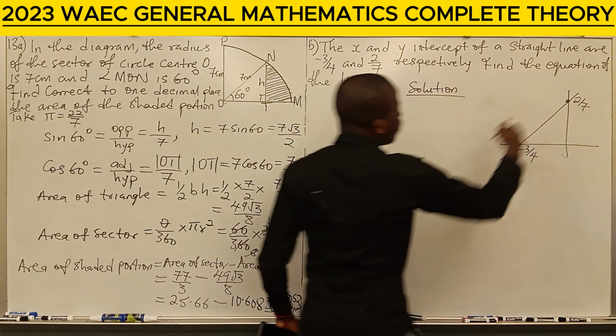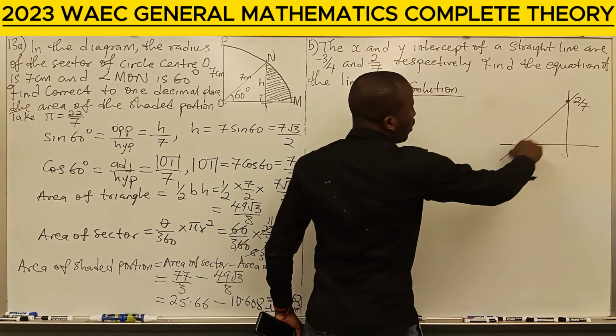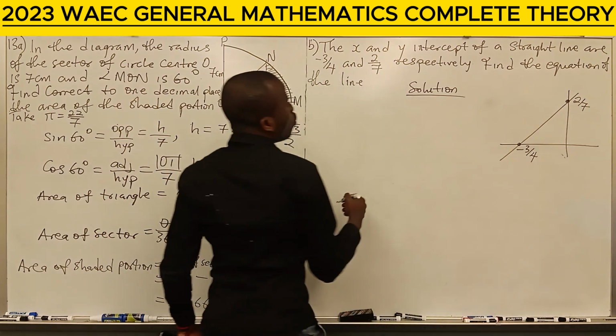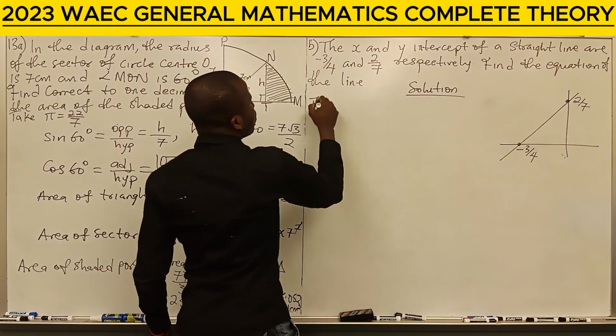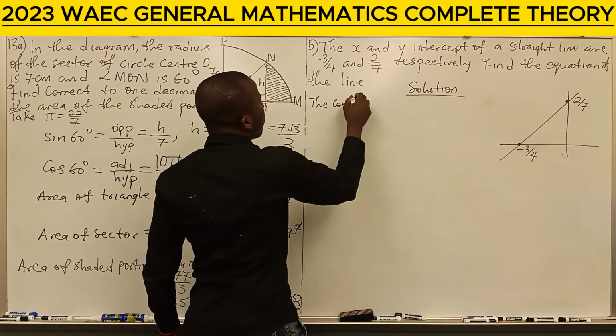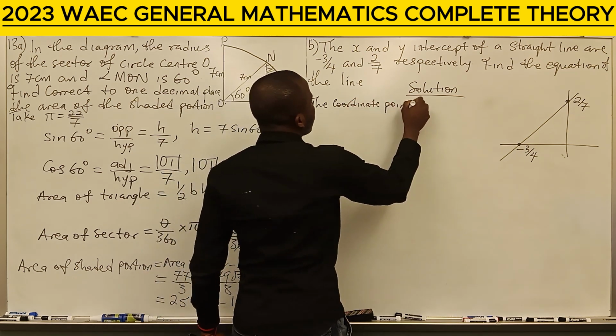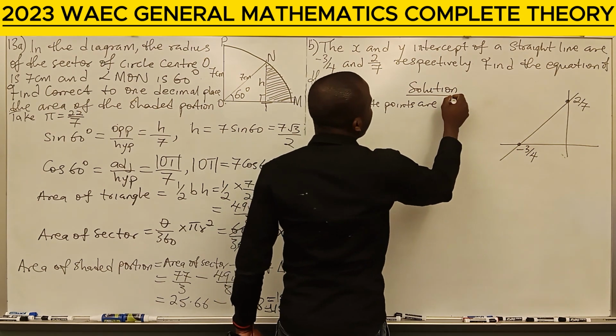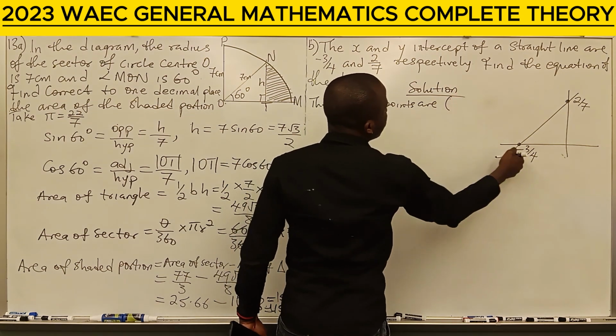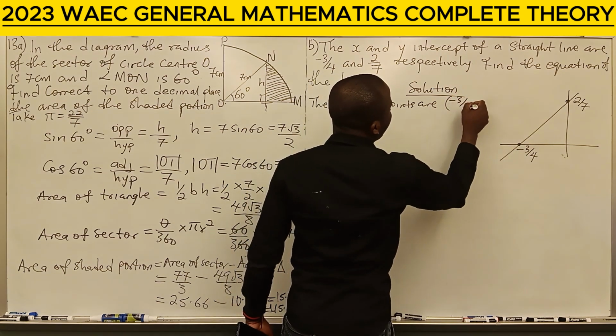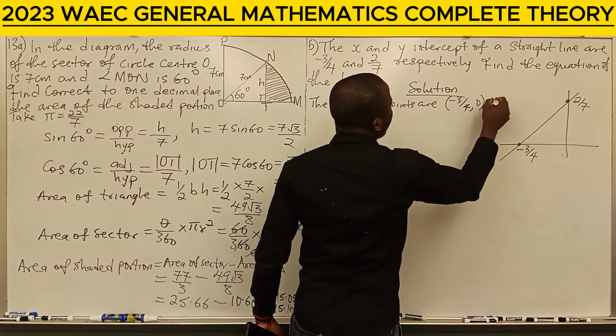Of course, y is 0 here, x is 0 here. So the coordinate points are minus 3 over 4, 0, and